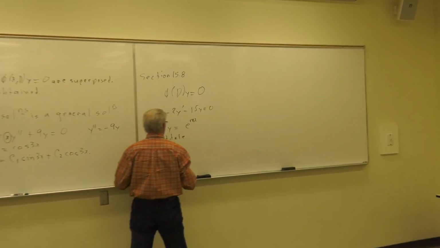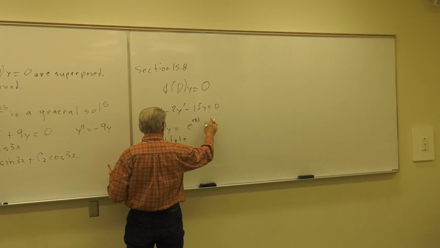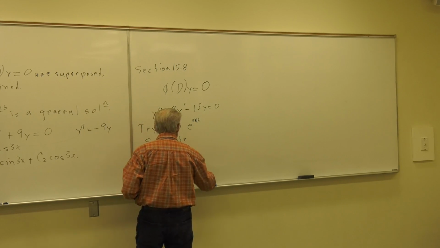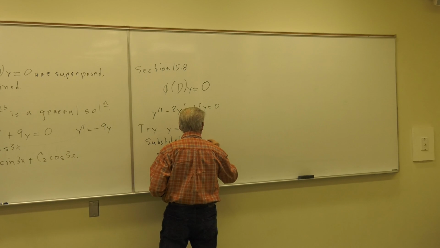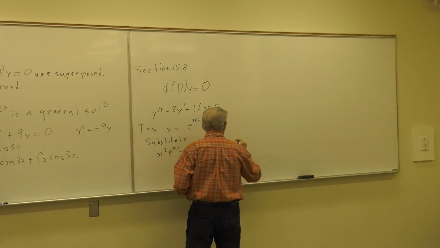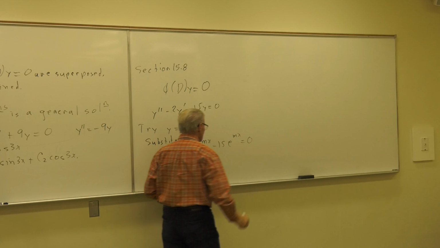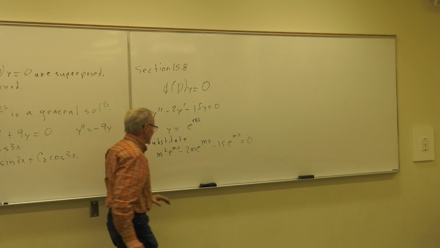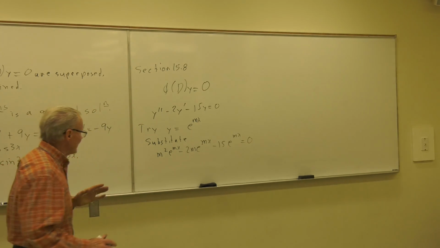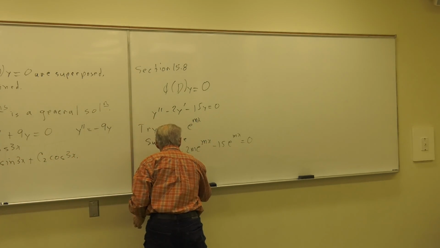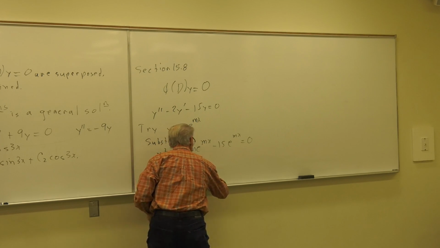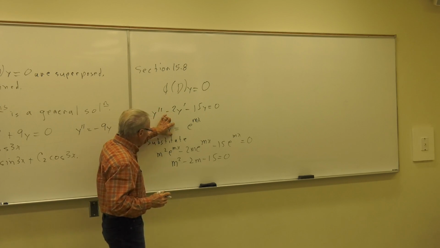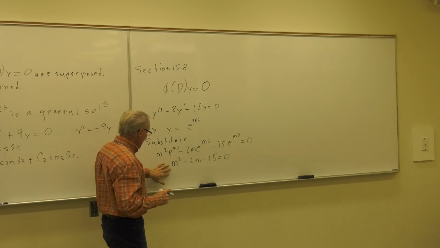So if we substitute, what do we get? We want this to be a solution, then it's got to satisfy. Differentiate it twice: m squared e to the mx minus 2m e to the mx, and then minus 15 e to the mx must be 0. But you'll notice there's an e to the mx in every term. Let's get rid of it. Divide it out. It can't be 0. So now we're at the stage that this is a solution of this if m satisfies